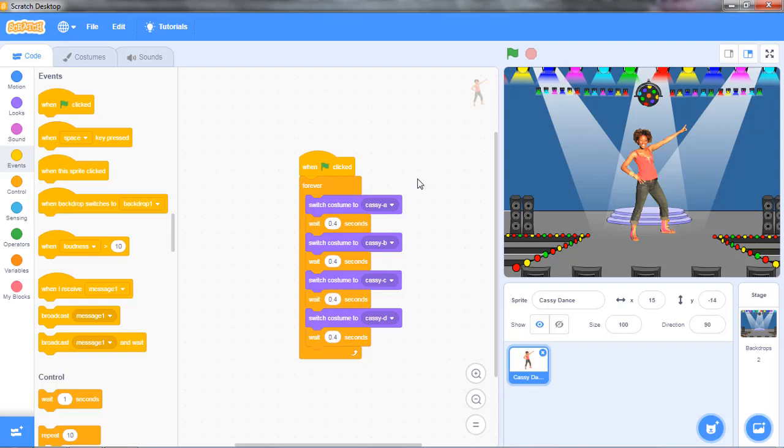This is the code for this dancing scene,